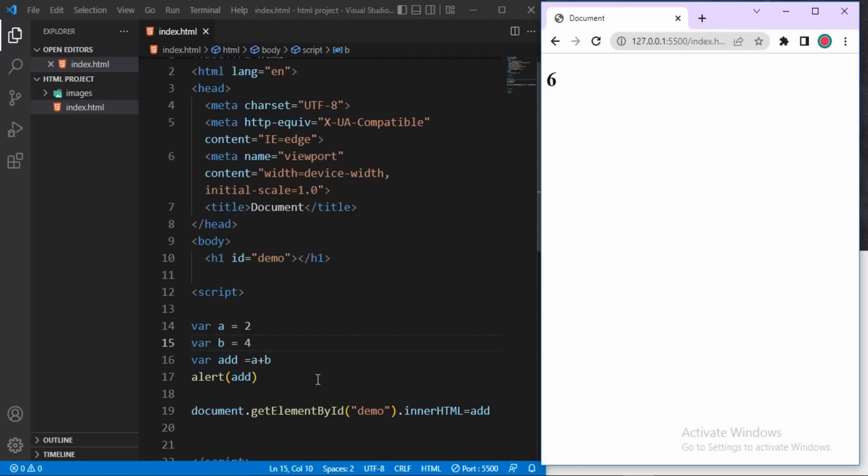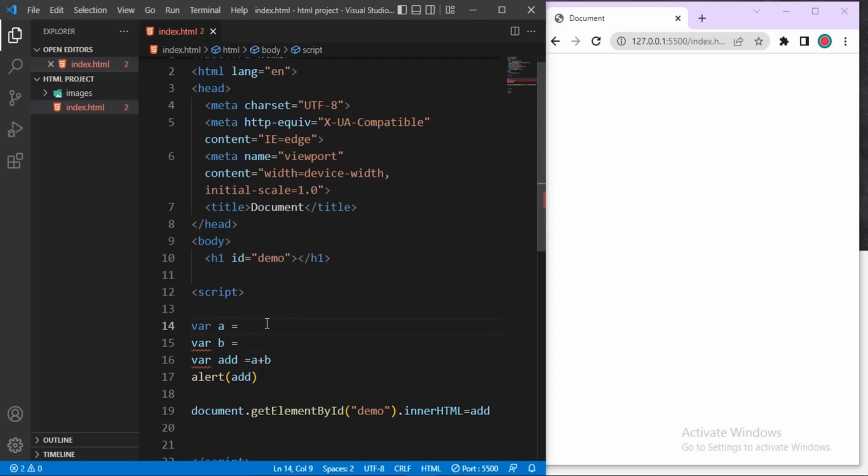As in, we have this add variable here, and we have done the simple arithmetic here. Variable add equals to a plus b, so the result of a and b. So we want to make a and b user inputs, as in we want to collect these two inputs from the user. So instead of putting the values, remove the values. Then we'll now do this, var a is equal to